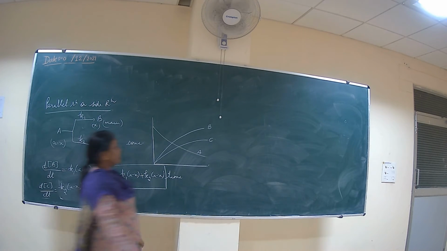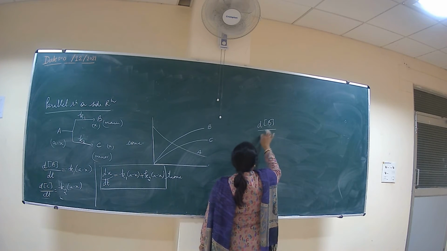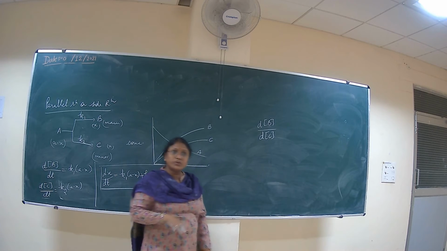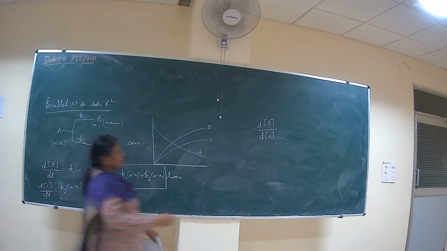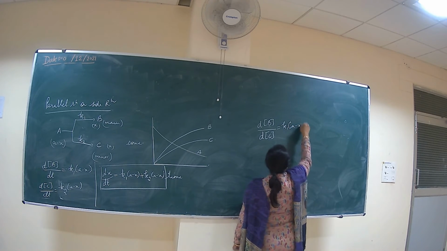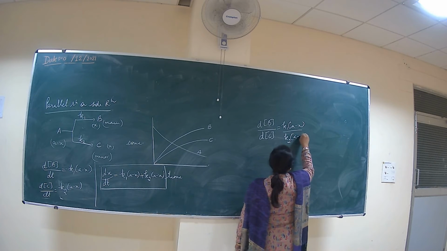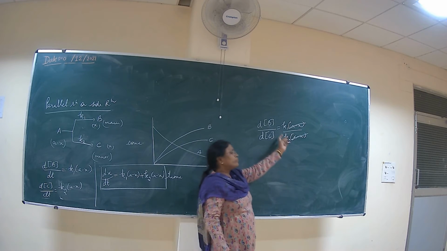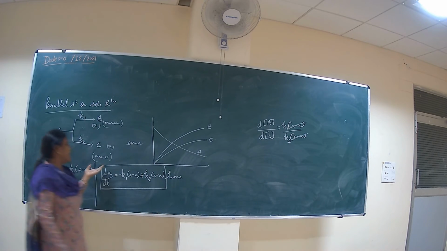So for an individual, what will happen? A small change in the formation of B with a small change in the formation of C, because when we take the ratio of both, time will be cancelled out. And here it will be equal to K1 (A minus X) upon K2 (A minus X). So this will again be cancelled and it will be the ratio of K1 upon K2. Okay, so this is how we find out the kinetics.